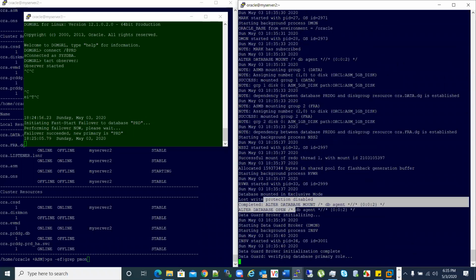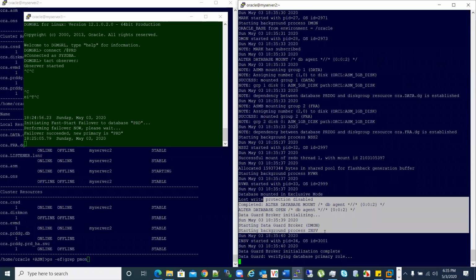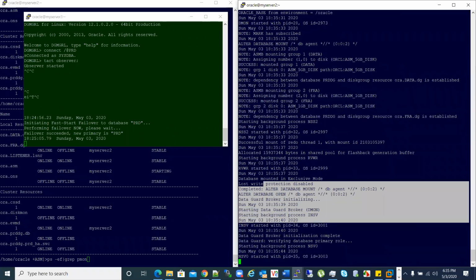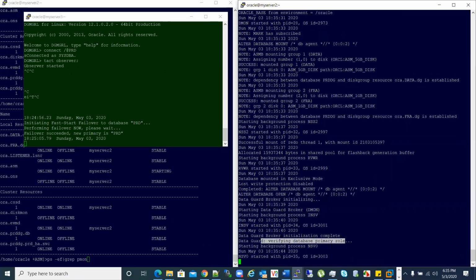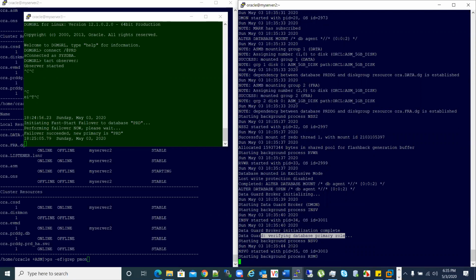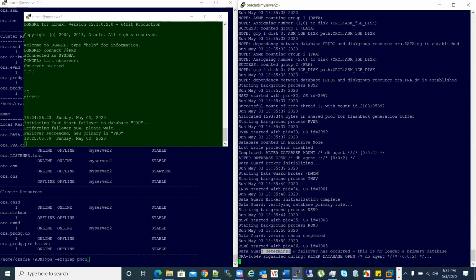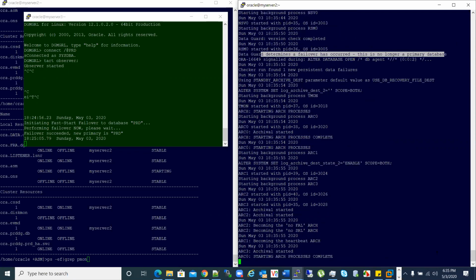See, alter database open, Data Guard initialization. Something is happening now. Mount. Verify database role primary, and then it says Data Guard determined that the failover occurred. This is no longer a primary database, and it will terminate, shut down the database.